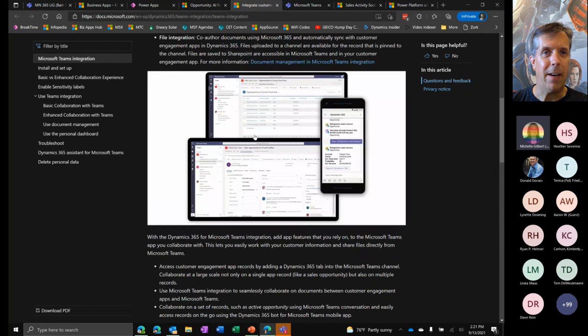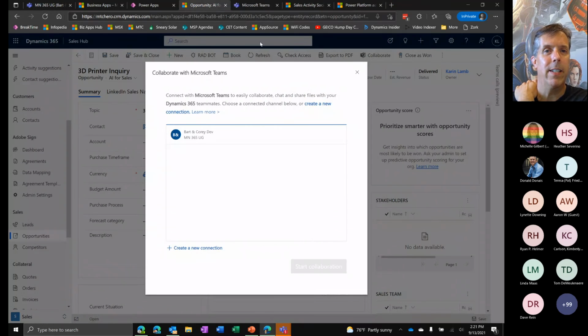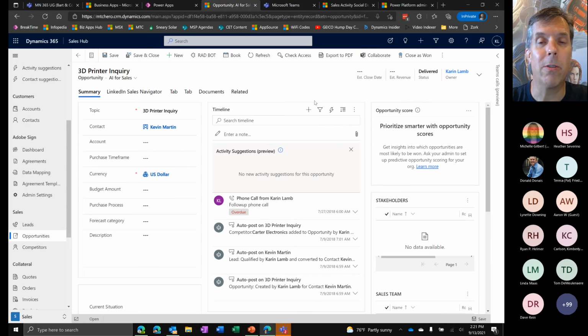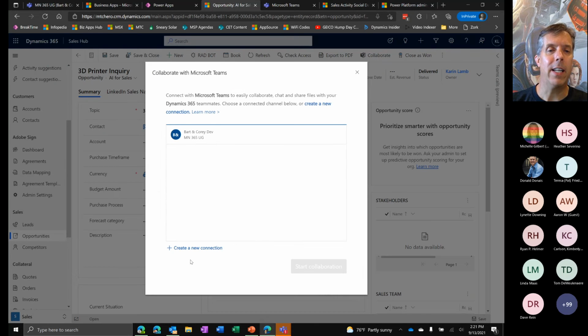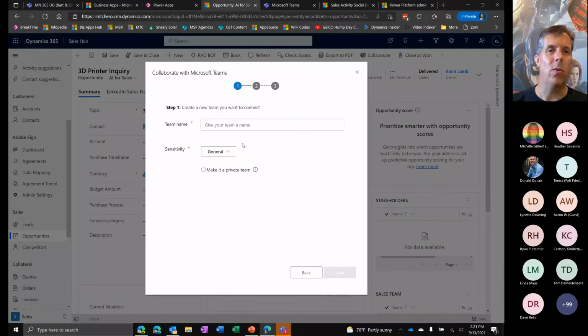And it doesn't look like that particular question got documented, that I see quickly, on the Teams integration page that it drops me on when I hit learn more here. But that would be a fairly easy thing to test, in terms of what that scenario looked like. And if it was disabled, when I click on create a new team, I would probably be able to go ahead and fill this much out, including setting the sensitivity label, but when I hit next, it would probably fail, saying my user doesn't have appropriate rights.